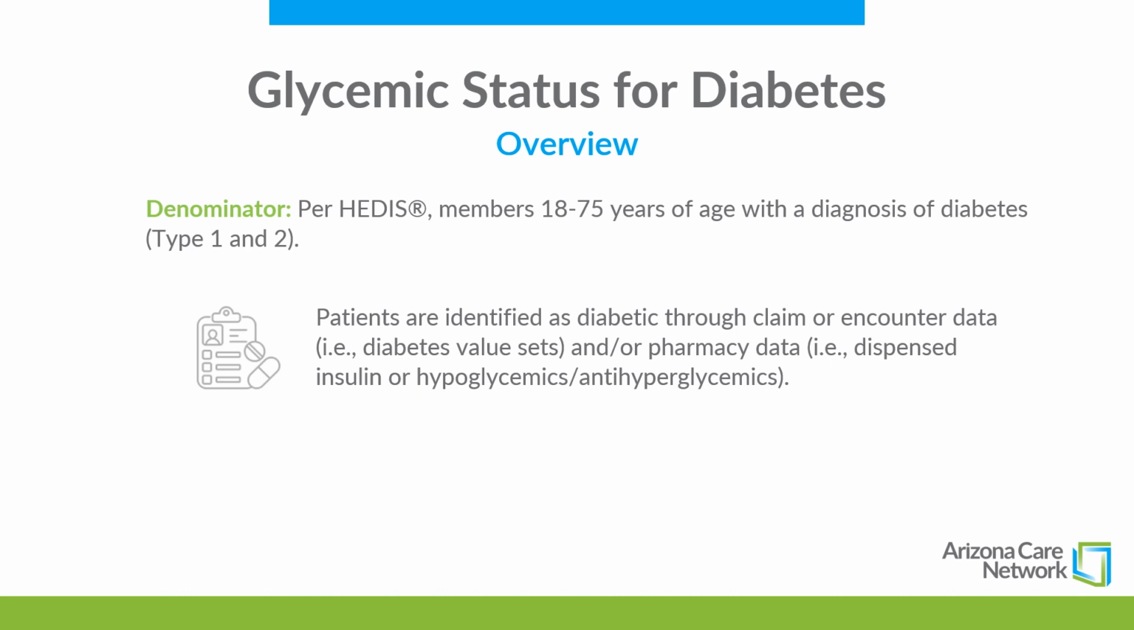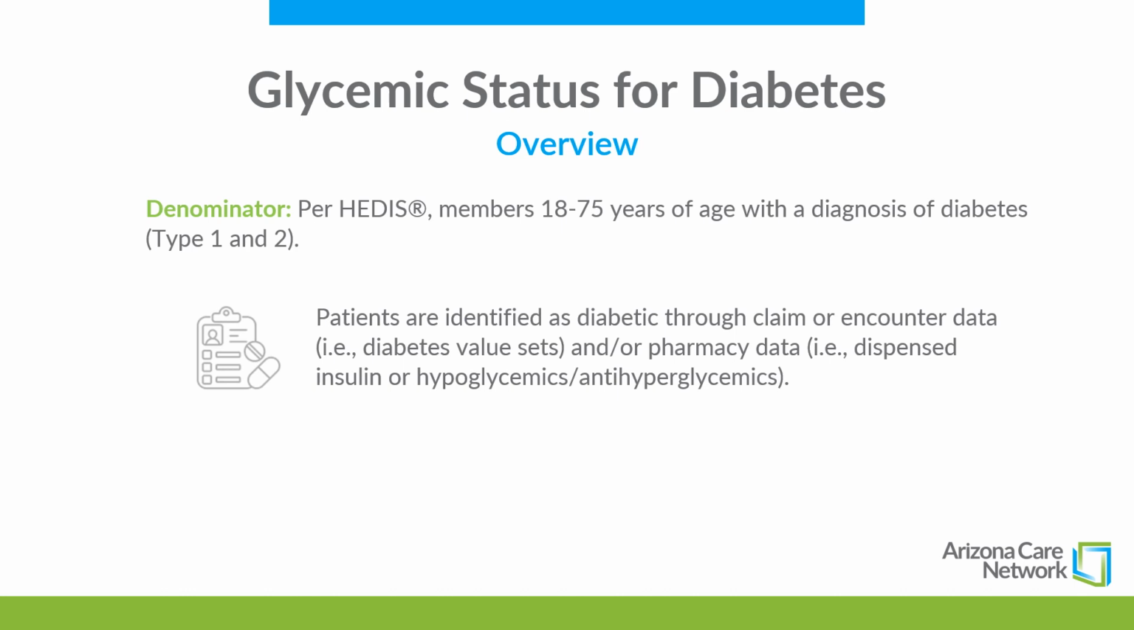The 2024 measurement period is January 1st, 2024 to December 31st, 2024. The denominator includes members 18 to 75 years of age with a diagnosis of diabetes type 1 and 2. Patients are identified as diabetic through claim or encounter data and/or pharmacy data. There has been an added laboratory claim exclusion to value sets for which laboratory claims should not be used to